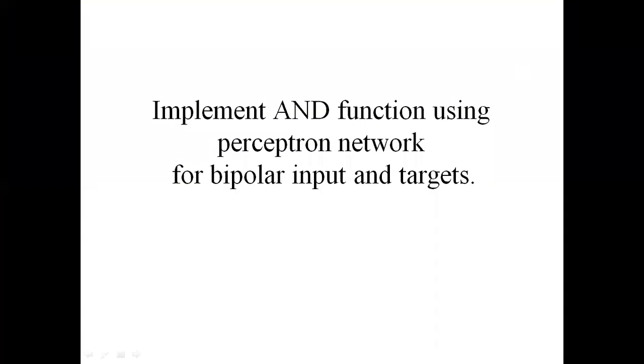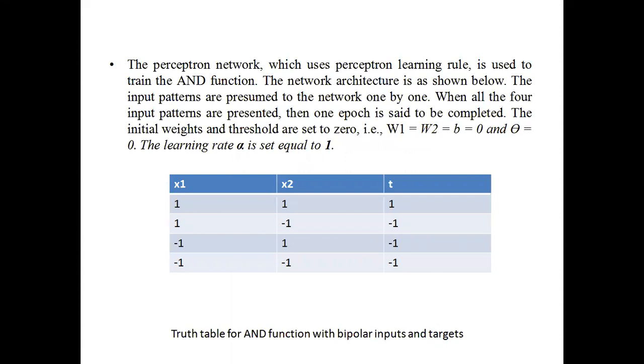Good morning, students. Today we describe the implementation of AND function using perceptron network for bipolar input and targets. Okay, so let's start. What is bipolar input and what is bipolar target? First, we discuss the part that is the perceptron network, which uses perceptron learning rule, is used to train the AND function. So first of all, we define the truth table of AND function in the terms of bipolar input